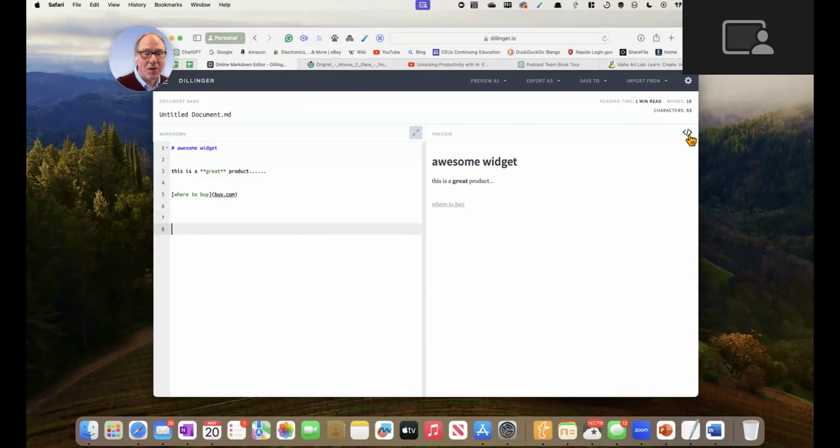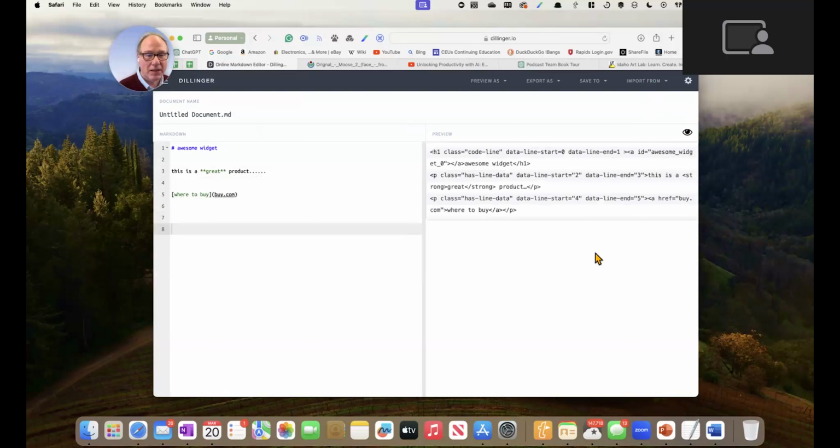But then if you go over here, you've got the code. And again, we also showed how to embed a picture. Once you have put a picture where you can get a URL of it, you could add a picture of that product pretty easily. So right here is a really easy way of creating the text for a web page. Now, as far as styles, the style of your web page is usually done through CSS coding by your web developer. So basically, we're talking about providing just the text for your web developer.